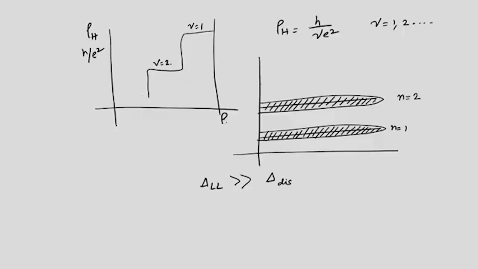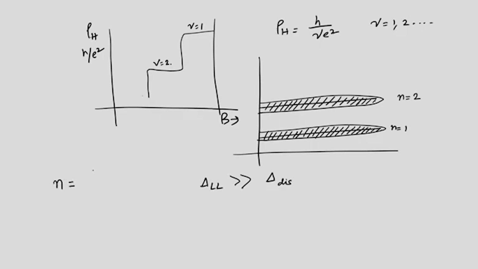So what happens when you sweep the magnetic field? Because this is as a function of the magnetic field, so you are increasing the magnetic field. When you increase the magnetic field, the density of the charge carriers, or the density of the electrons, increases. How does it happen? Suppose I want to understand how, in a non-interacting system, we talk about the